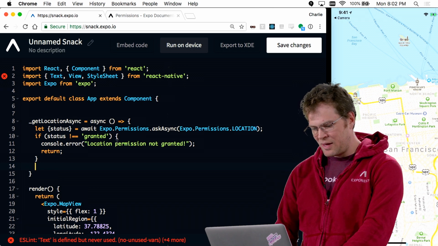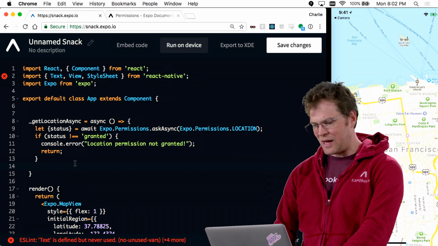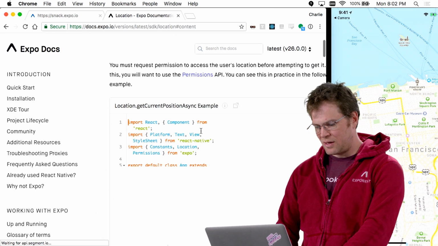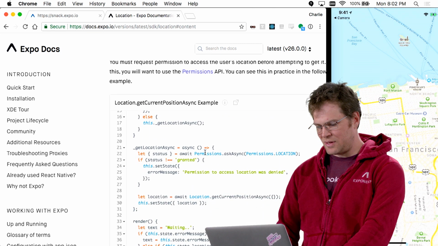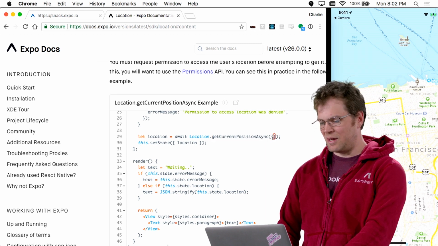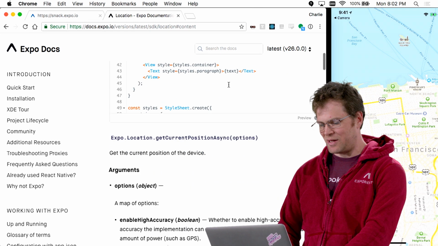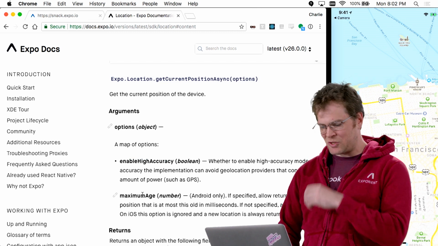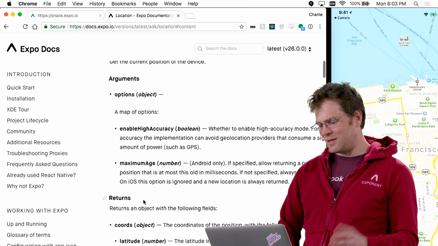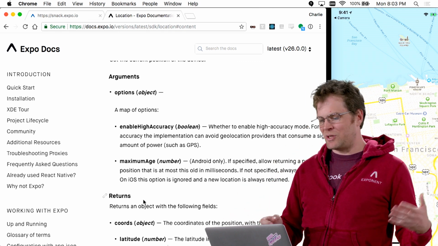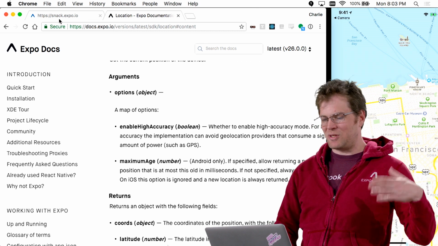And then the next thing we'll do is we'll say, OK, we're going to ask for the location. So I can go back to the location page in the docs, and I can see that the way we do this is we use location get current position async. And this takes an argument, so let's figure out what that means. This is an options object, and it can take enable high accuracy or maximum age. We don't really need to do anything special because we're just trying to get generally what location we're in. And so we're just not going to give any options, but I think that it requires giving the options thing